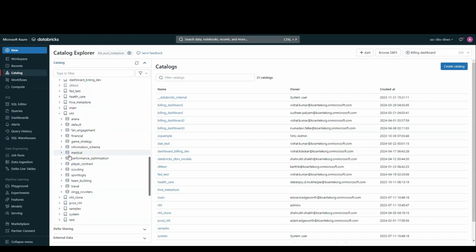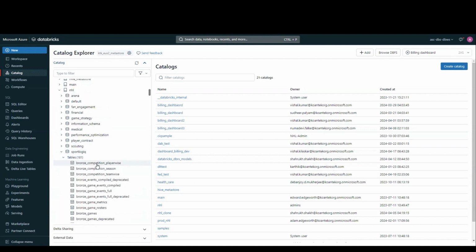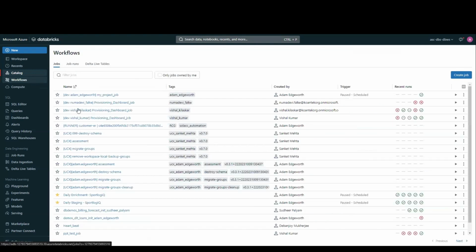Inside of the SportlogiQ schema, we have predefined delta tables that are populated with data that we collect from the SportlogiQ API. We collect that data using workflows. So if I go over to workflows right here, Koantek has built orchestrated data pipelines that make nightly calls to the SportlogiQ API after the previous day's NHL games